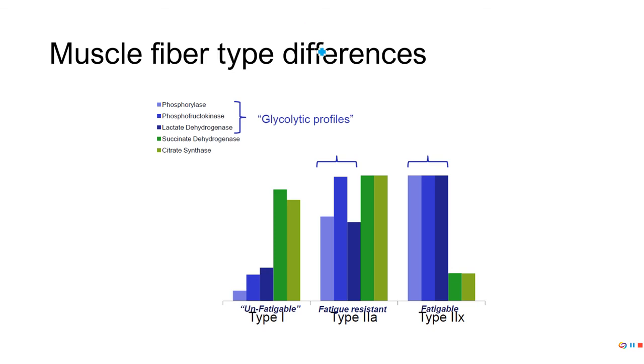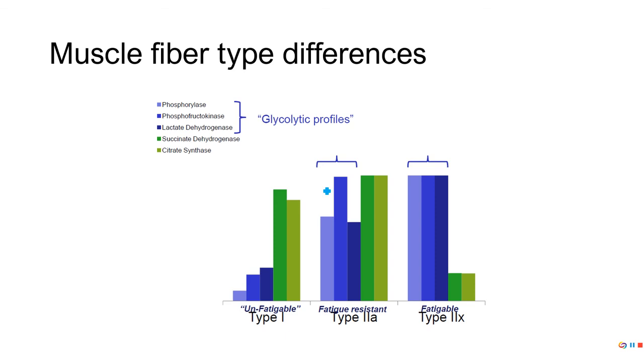So phosphorylase, phosphofructokinase, remember we talked about that, and lactate dehydrogenase, those are glycolytic enzymes. Look at the relative concentrations and compare between type 1 and type 2X. Type 1 has a really low concentration. Type 2X has high. Type 2A, on the other hand, has a fair amount, but it's not as much as